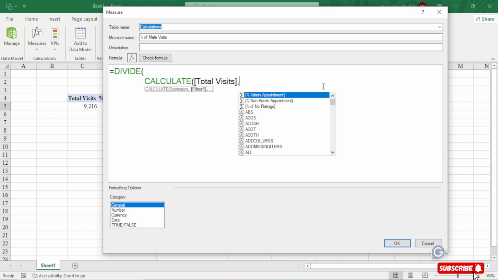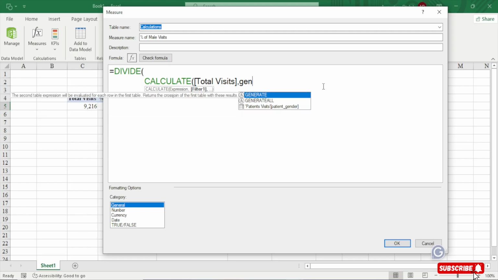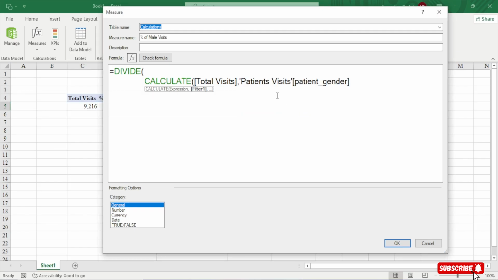Comma. Now I want to filter it by where the gender is equal to male, right? So by just typing gender, you see we have the column, right? You can double click on this, then you'll be good to go. Where the gender column is equal to male. Now watch here. I'm bringing the male in the double quote, writing it the same as it is in our data, right? Is equal to male. Now I can close the numerator, or I can close the calculate function, comma,